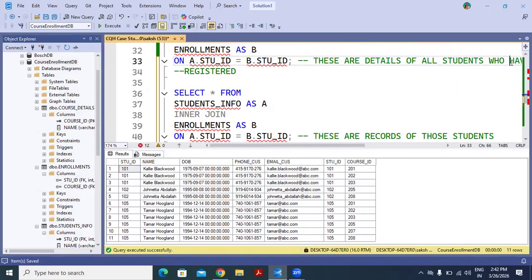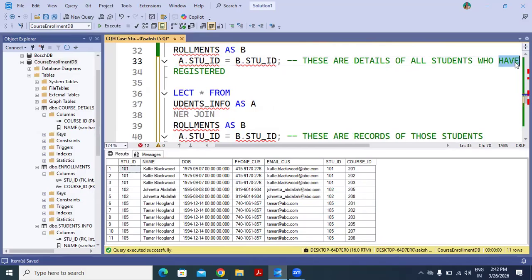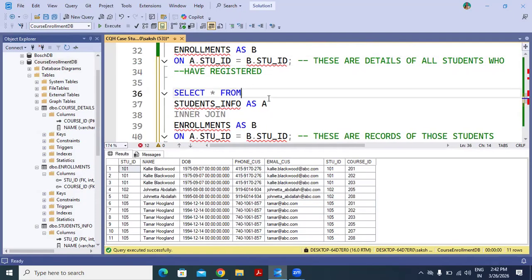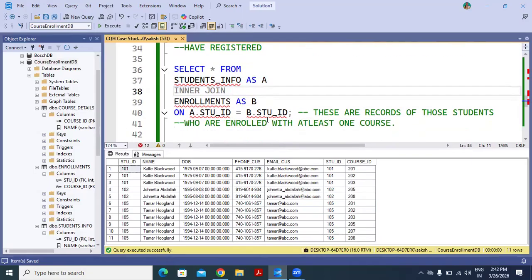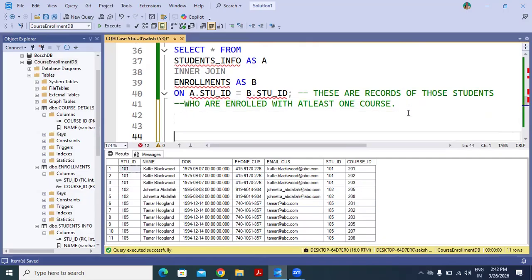So they may or may not have registered. Now, instead of inner join, if you perform right join here, then what will you get? Let's see.